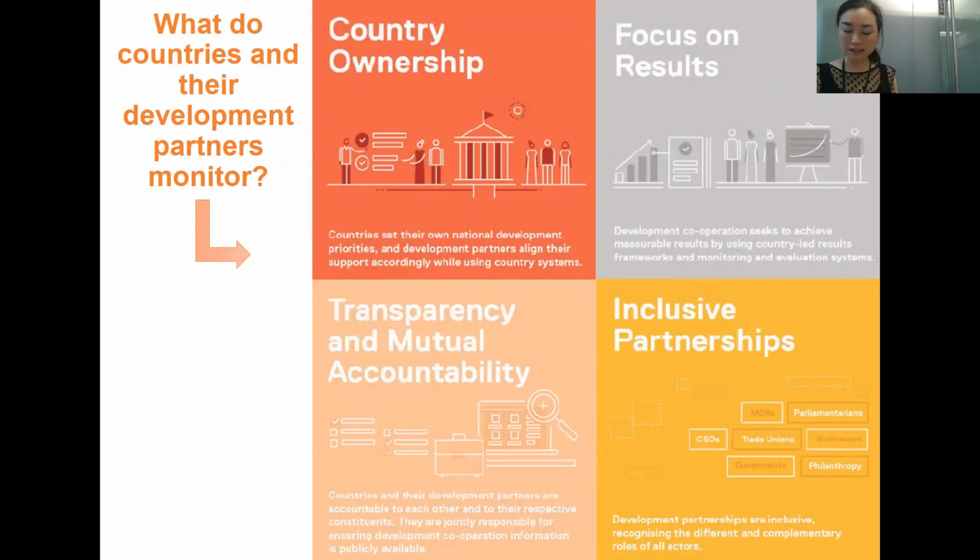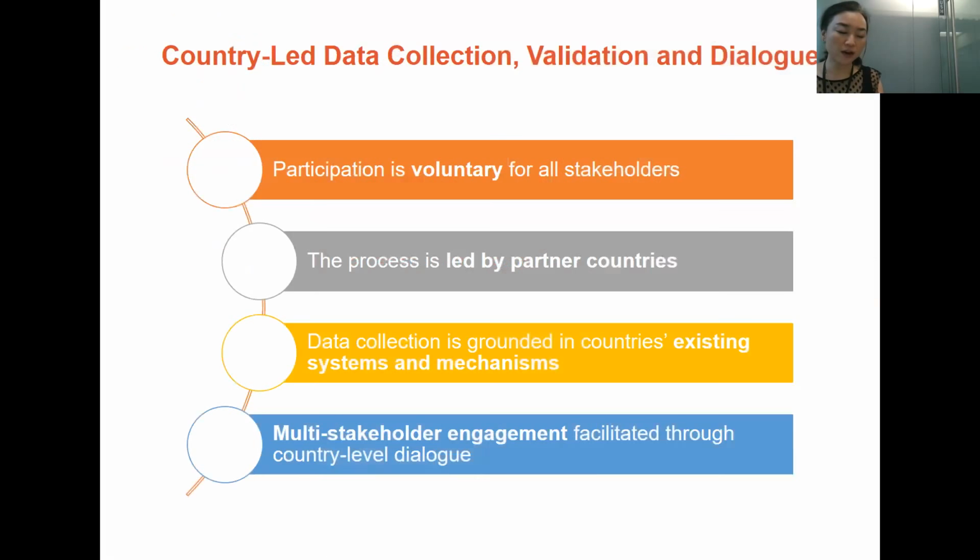Transparency and mutual accountability measures the ways in which development cooperation delivery happens in a transparent way, and enhances the accountability of each of the partners to the national development agenda at the country level. I will go very quickly through several key features of the Global Partnership country-led monitoring process.